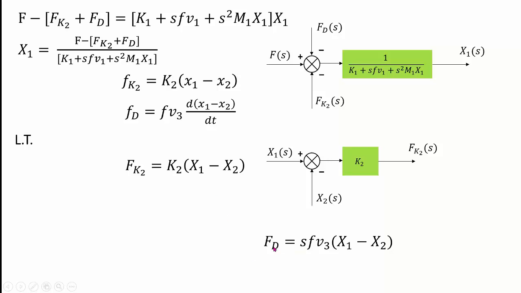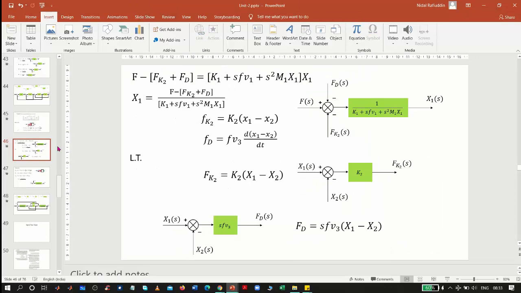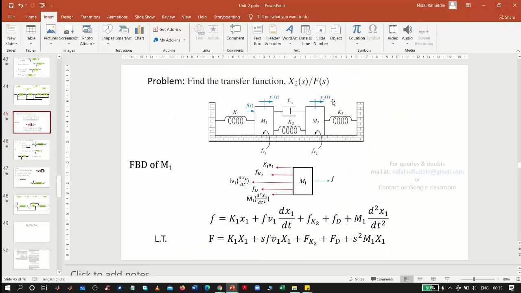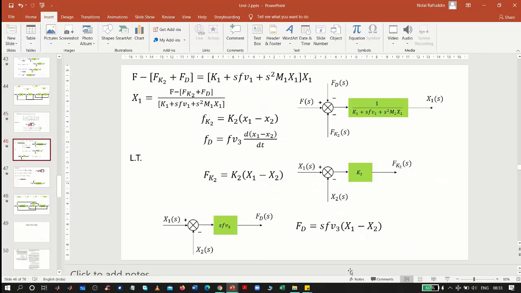So we have this force represented by this particular term, and from this we obtain the block representation comprising a comparator with x1 and x2 with plus and minus signs, fed to the gain fv3 to get the output Fd. So we still do not have the final output. The final output in this schematic is x2. So we'll try to obtain